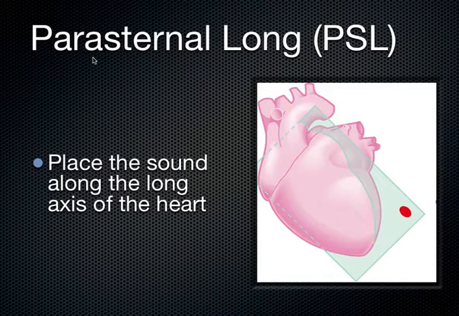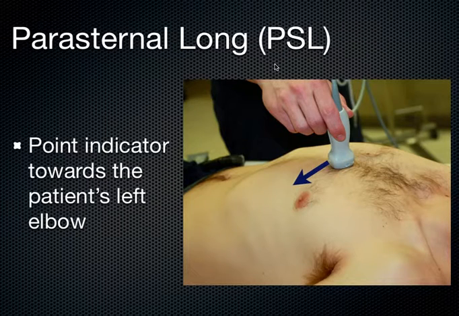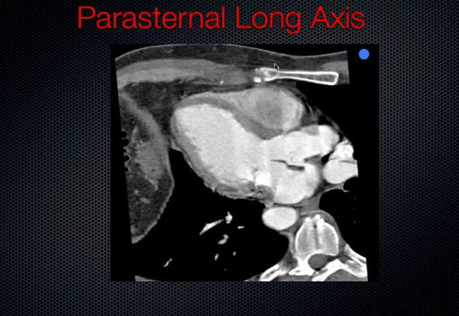And what you're doing is a long axis of the heart. So we don't say sagittal or transverse when it comes to the heart, because the heart doesn't lie in the same plane as, say, the aorta. It's kind of cattywampus. It's off to the side, so we say long or short axis. And so in this case, we're going to be talking about the long axis of the heart. Indicator goes down toward the patient's left hip or left elbow, and essentially, when you get a CAT scan, this